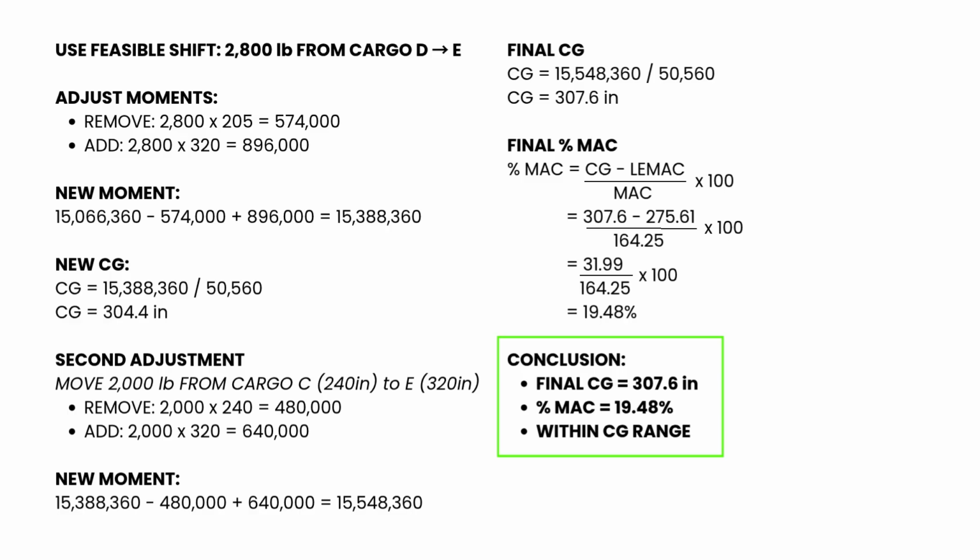Instead, we perform a realistic shift. Move 2,800 pounds from compartment D to compartment E. Now, adjust the moment. Remove moment, 2,800 times 205 equals 574,000. Add moment, 2,800 times 320 equals 896,000. Now the total new moment is